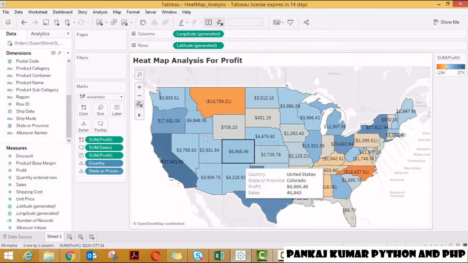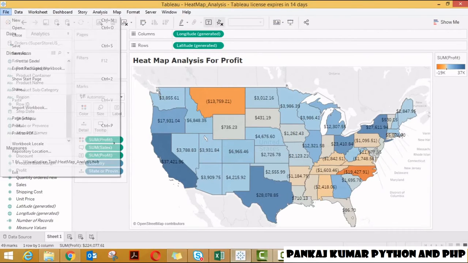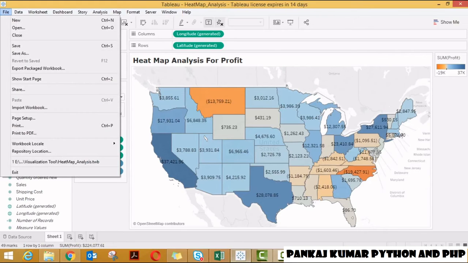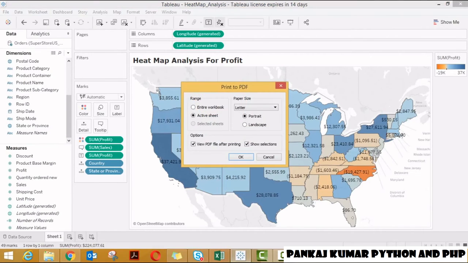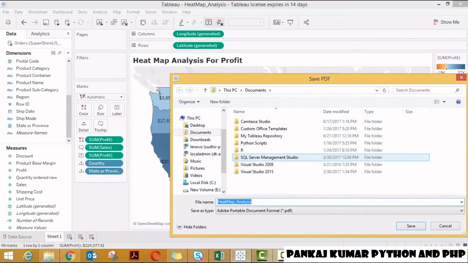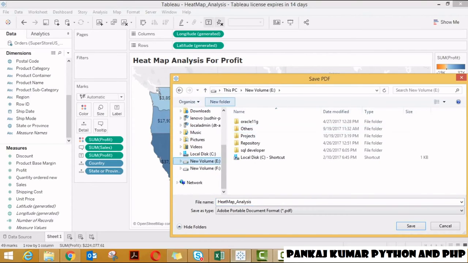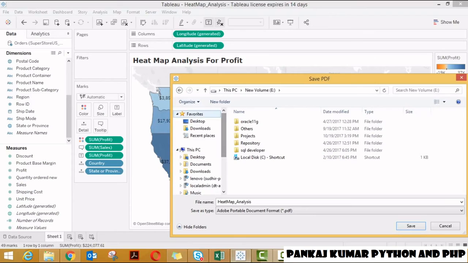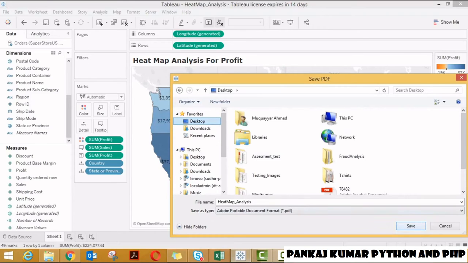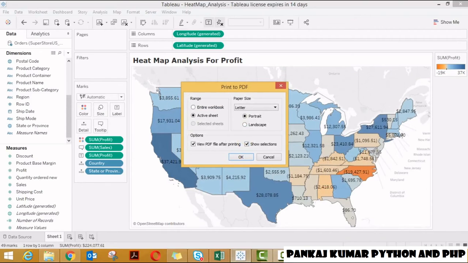So now I have saved my workbook. Suppose you want to print the worksheet, so let me save it on the desktop. I should be able to save it in the PDF format.